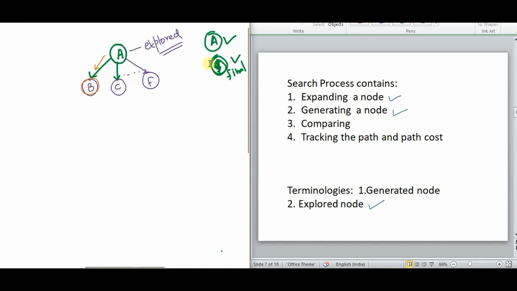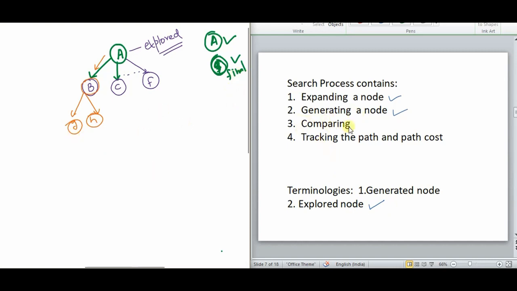If not, then you can proceed with the method. If it is depth first search, then B will be further explored. Say G and H is here. Okay, then from B, when the first child G is generated, then again you will be comparing. Is G same as the final node? Yes. So that is comparing.